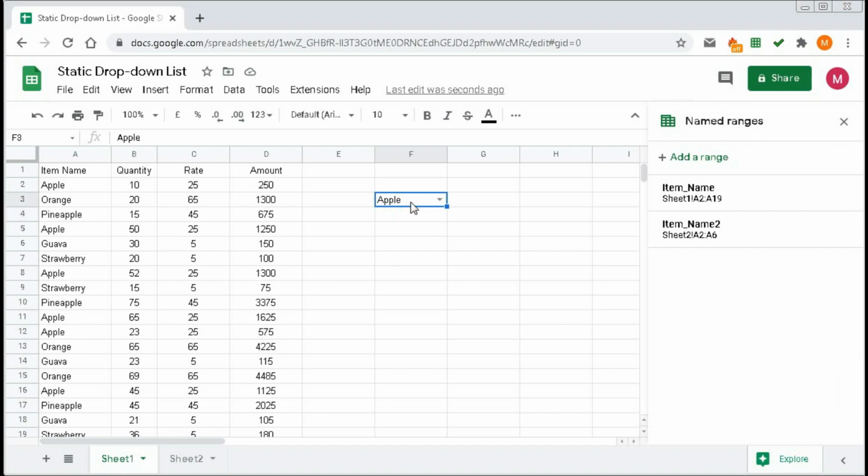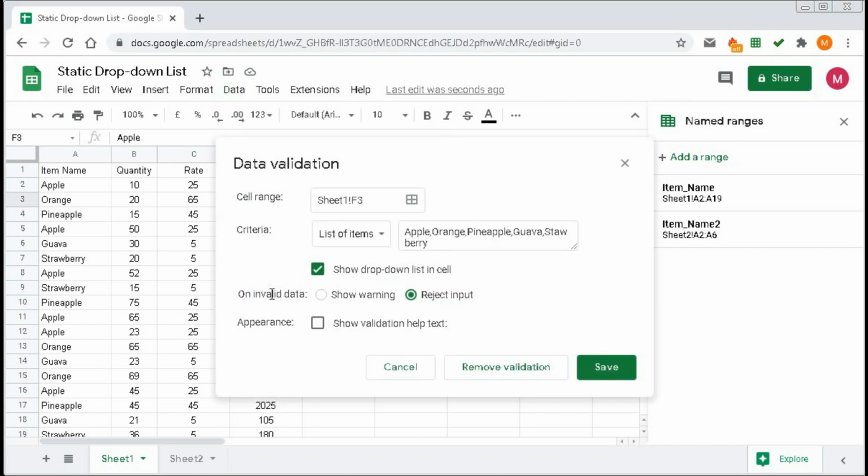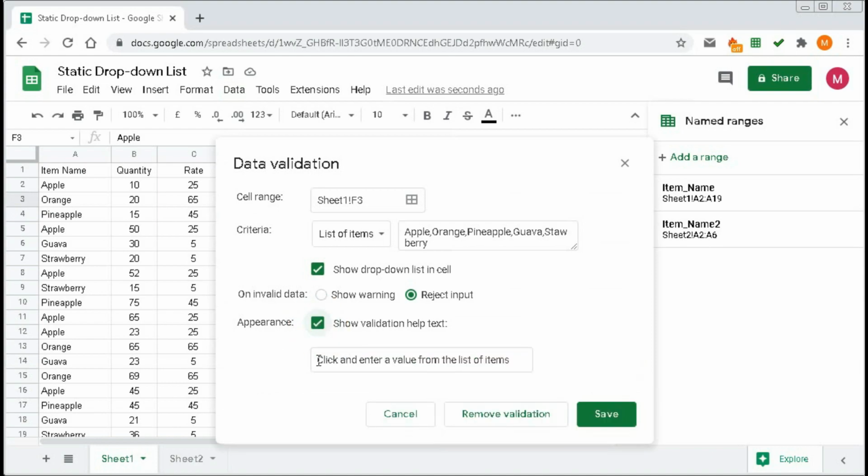So click this cell again, go to Data, data validation. Now we will click show validation help text. Click here, and in this box you can type anything for the help of the user, like enter the value from the list of items. You can type any other text.